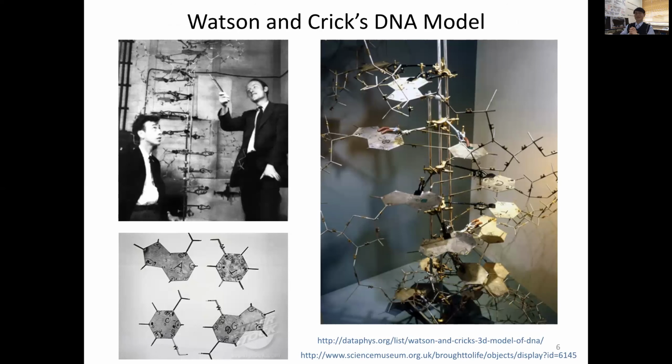So here comes a picture I put, and it's a historic picture. This is James Watson and this is Francis Crick. When they first came up with the idea of this double helical DNA model, this is what they produced, a model of adenine, thymine, cytosine, guanine. So it's like 3-dimensional puzzle making. Puzzles are important, and the importance of this model is it automatically gives rise to the secret of heredity